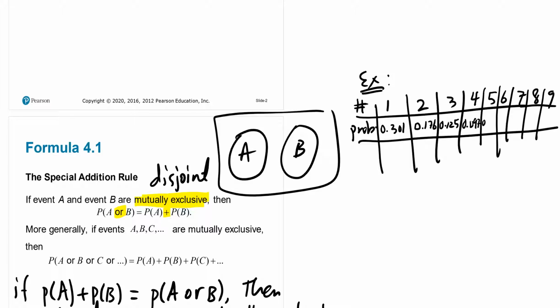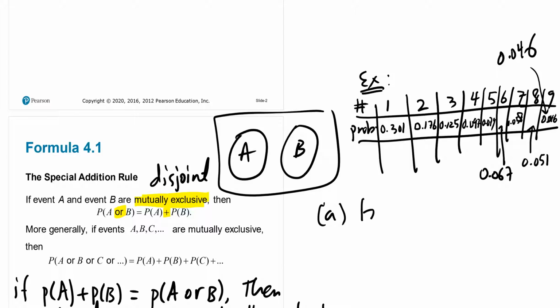0.097, then 0.079 for this number here, 0.067, the next number is 0.058, the next number is 0.051, and the last number is 0.046. These are the probabilities. We can ask to find the probability of selecting